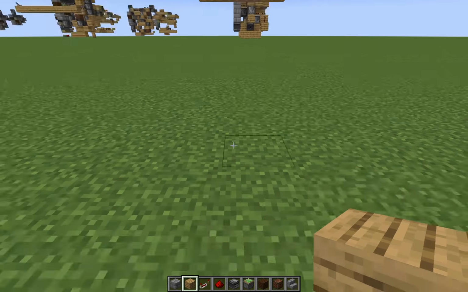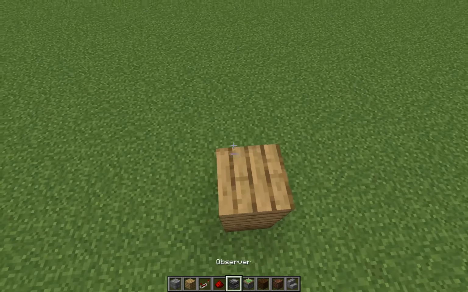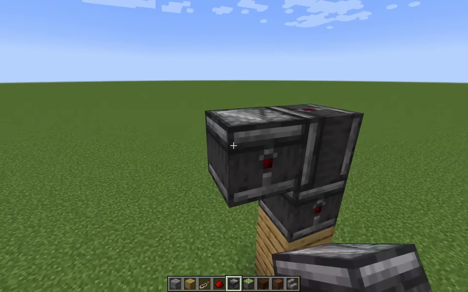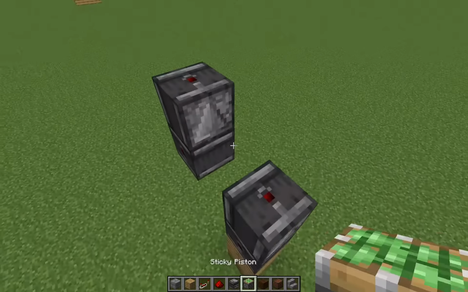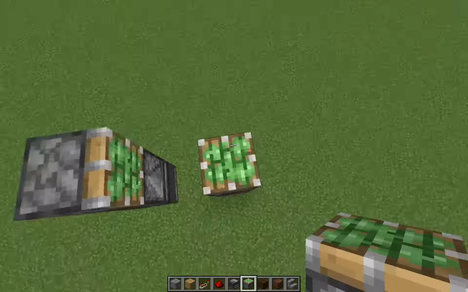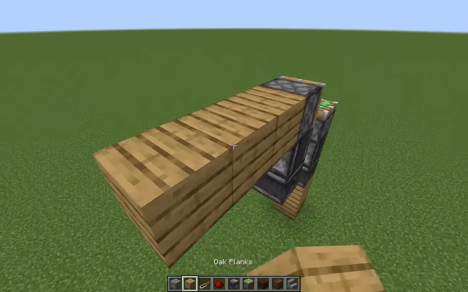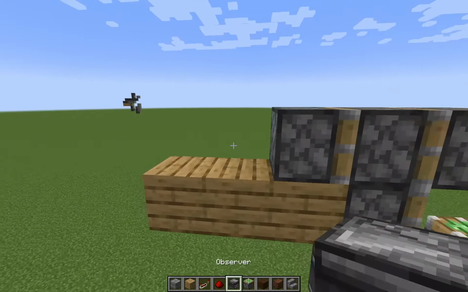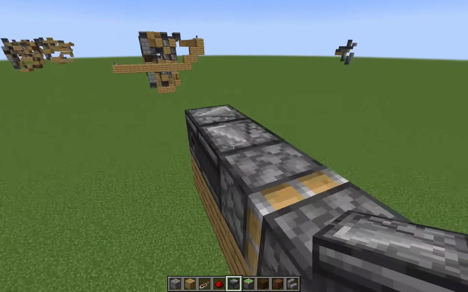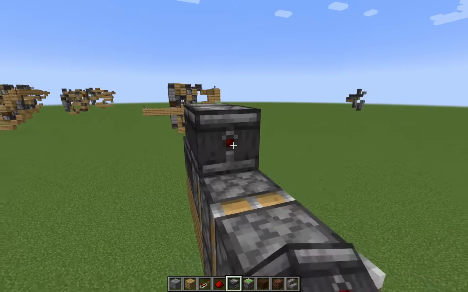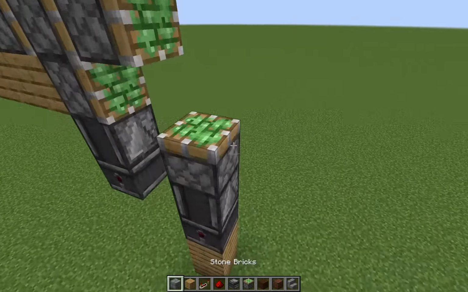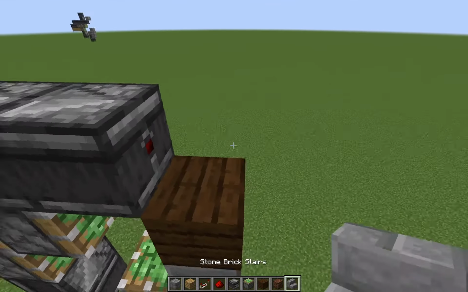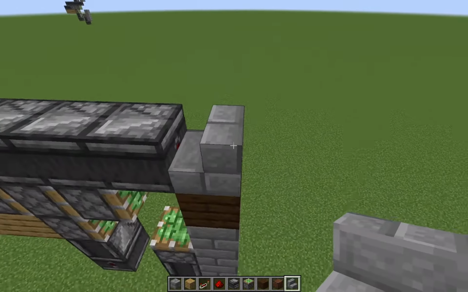Alright, so first off we have the tileable part, which is, I'm gonna do it two off the ground, but basically an observer, then another observer, then a space of two, and another observer like that. Put pistons like so, then three out, and make a sort of T shape with the pistons on top. And another observer here, and here. Then one here, and all the way until where you have the wall, because the wall is going to be about here, with the gap here, and then a staircase here if you want a staircase,